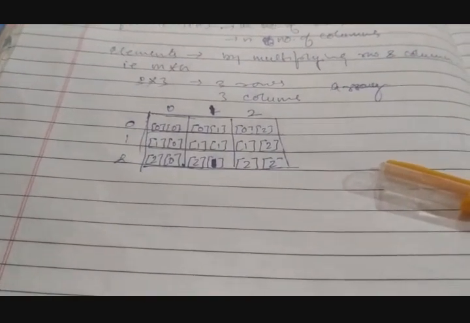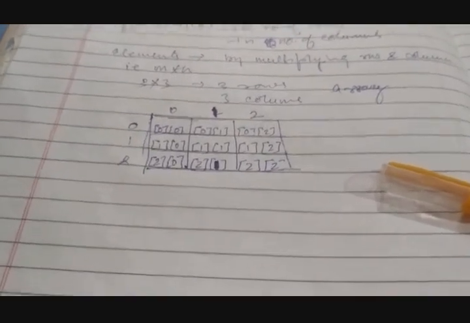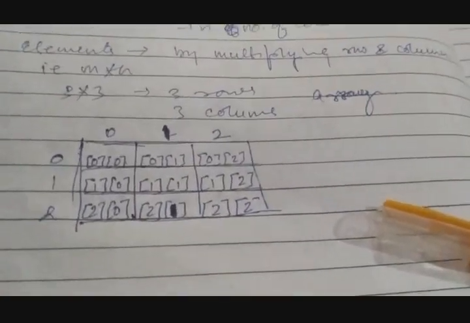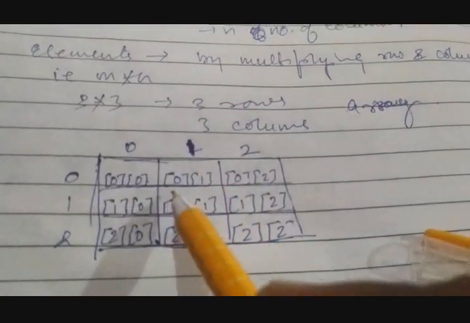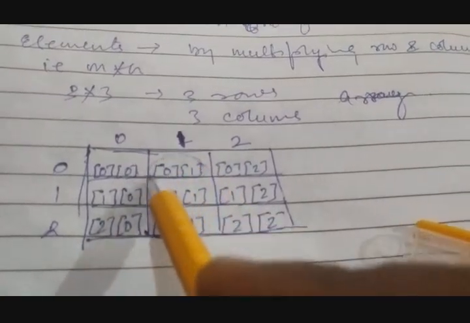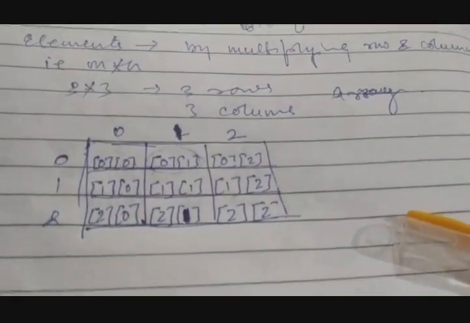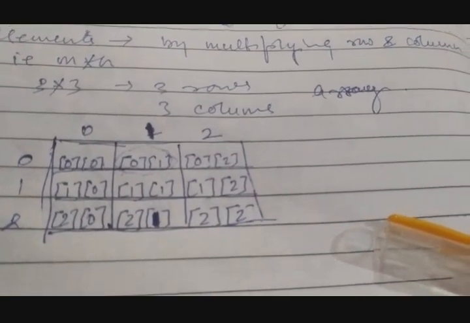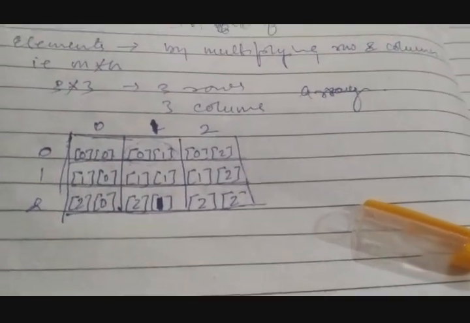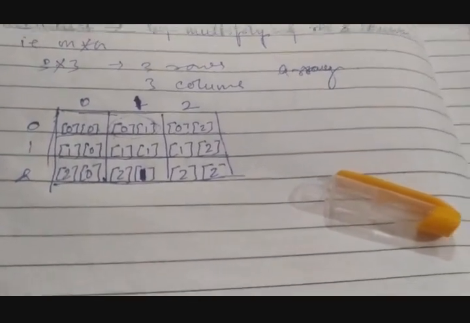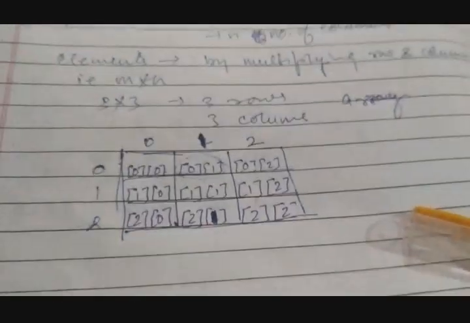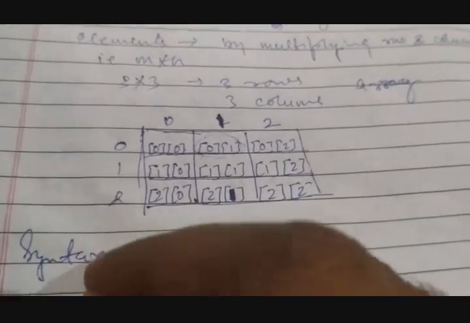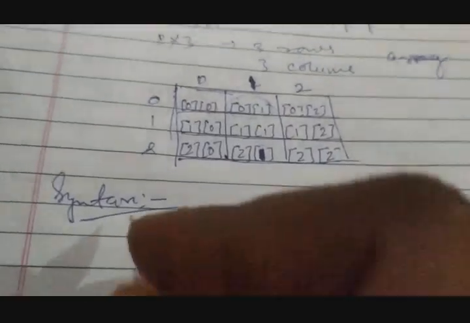Now for example, if I need 0 1, then which element will be extracted? It's just like cell naming in Excel; you can relate it to that. So we can create different types of arrays. Let's go with the syntax first. Now what is the syntax? You have a data type,